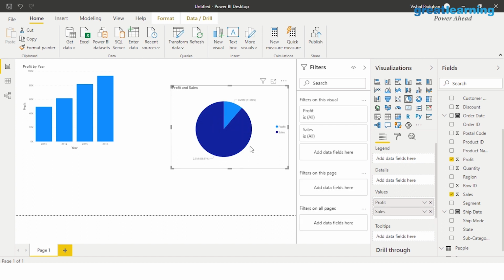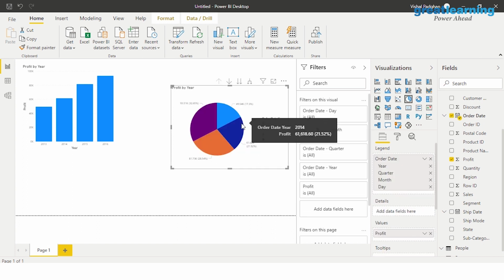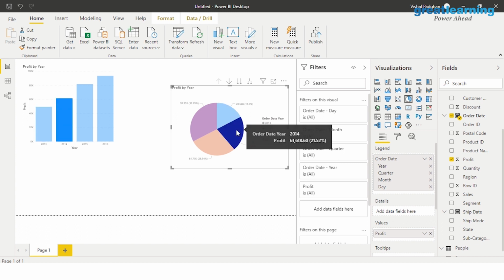You see, for the total sales, the profit that we had was limited. And if I click on the profit that I want to see, it's represented by this. If I click here, this is what I'll get. But this is not one of the best visualizations that I would want. Let's just come here and put in order date here. Now, if I click on this particular thing, it would highlight that particular graph in the other visualization that I have. So you can do that as well, right?